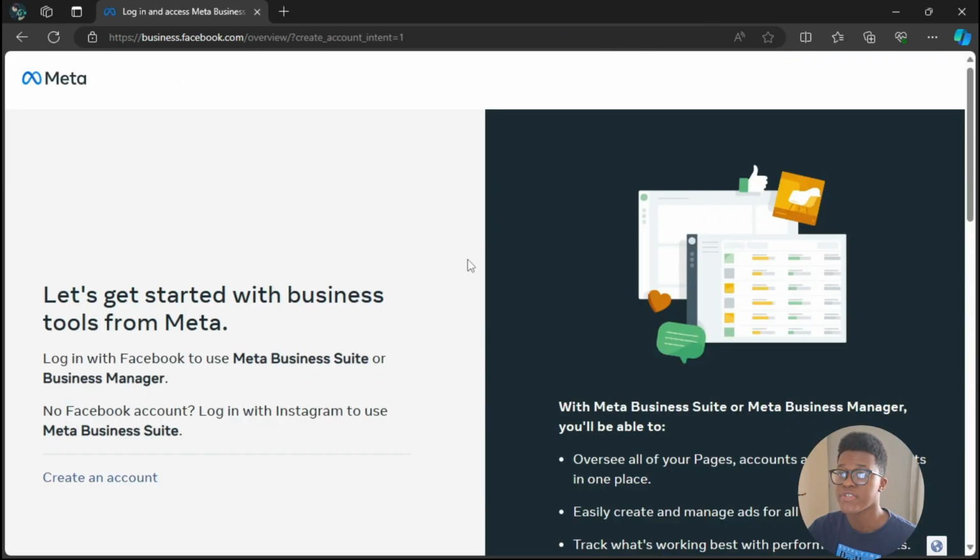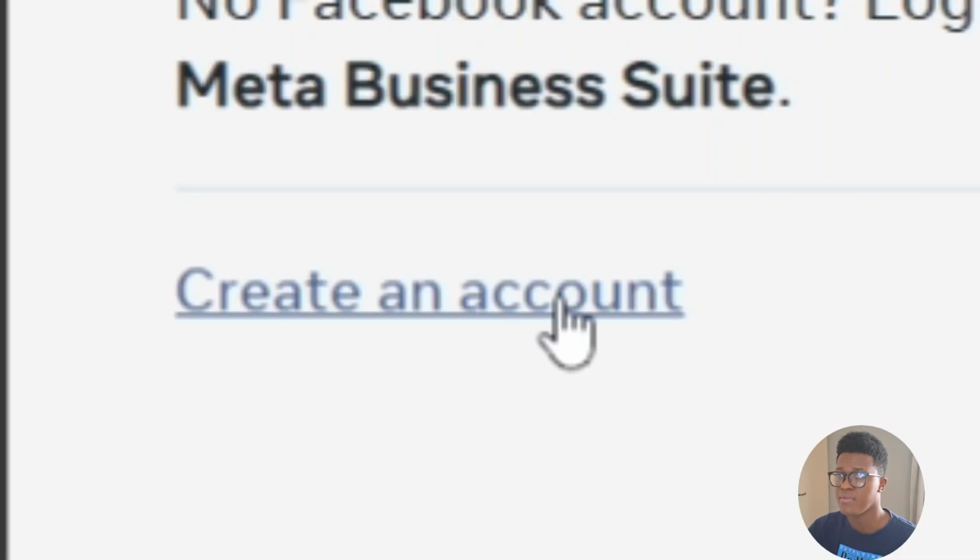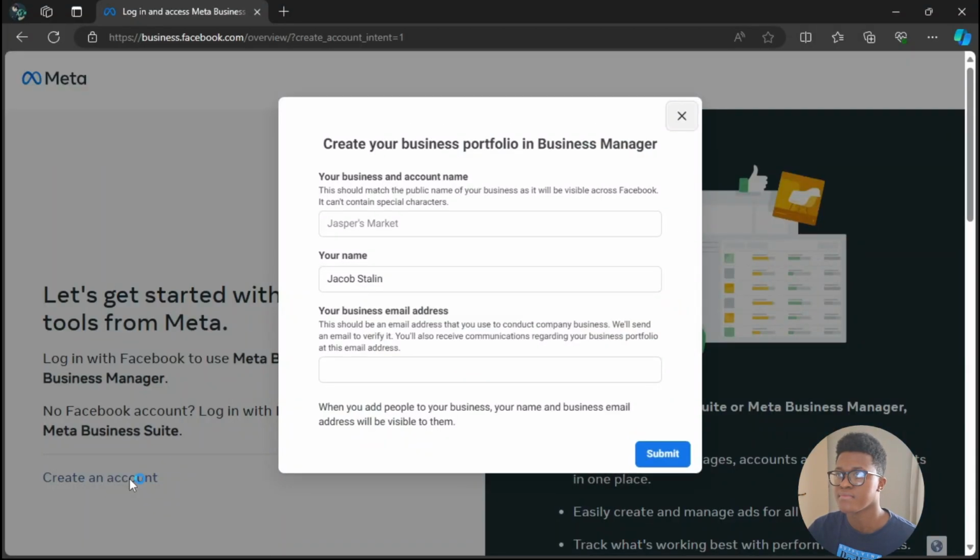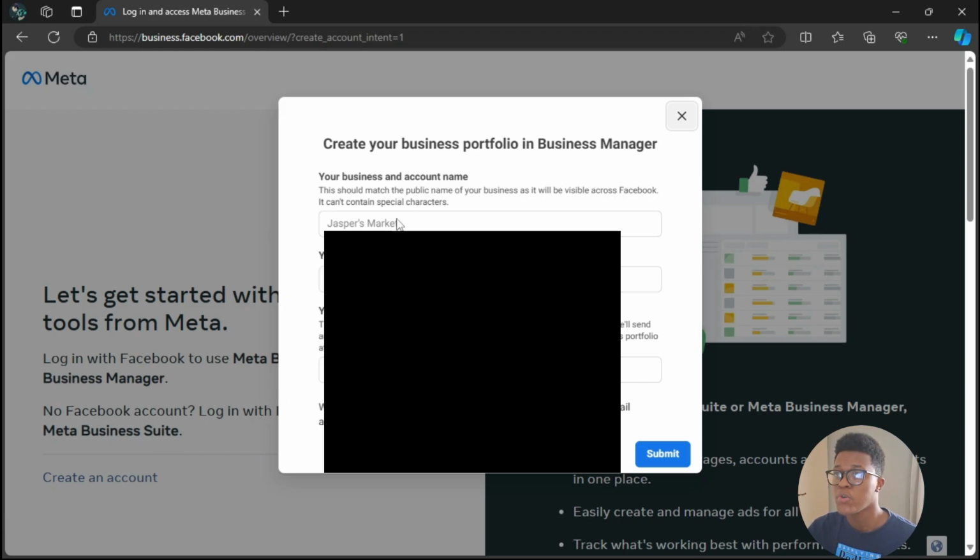After doing so, it'll say, let's get started with business tools from Meta. And then you see an option which says create an account. So you're going to click on that. Next, it'll say create your business portfolio in Business Manager. So here you need to come up with the name for your business. So in my case, I'm just going to say